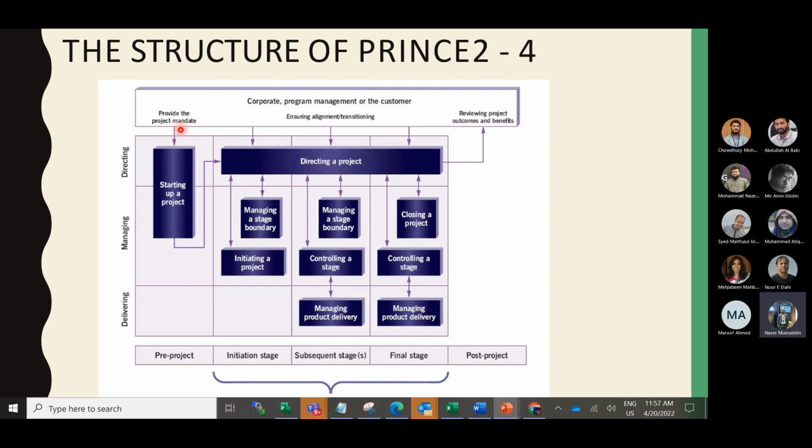So what happens when the project mandate is introduced, you introduce this mobile app project. They will discuss the initial stage, starting a project. I will go into details later, at a high level you understand. When the initial justification is there, they ask the directing board whether we can initiate the project. The project is not formally started yet. Then they ask, okay, initiate the project. Then we will discuss whether we will continue the project or not.